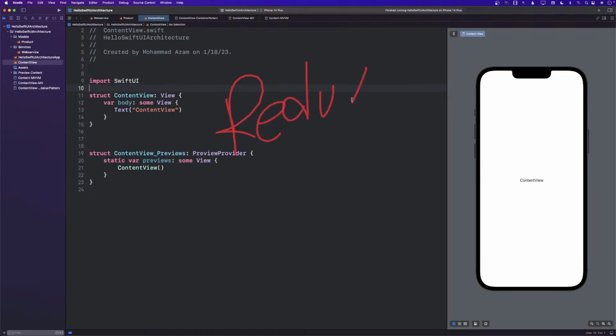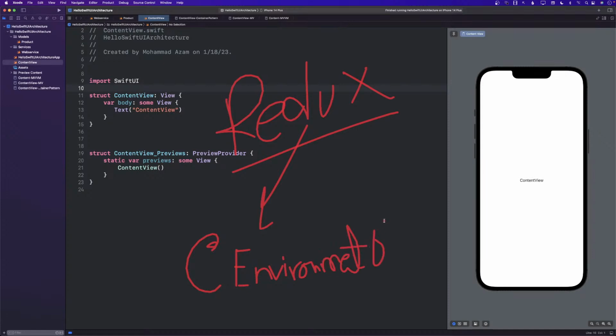Now, this is very common when you're building React applications and you want to have a global state. But in SwiftUI, I think that Redux is already available to you in the form of environment object. I mean, that is kind of like Redux, the global state. And not global in the sense of completely global. It obviously depends on where you inject it, because you can have multiple environment objects. So Redux, from my understanding, is already there, meaning the global state is already there in SwiftUI in the form